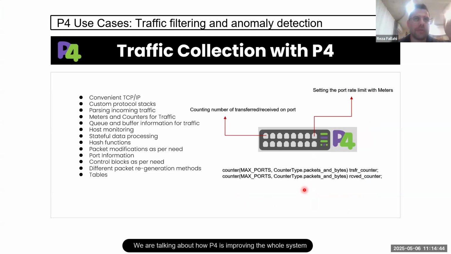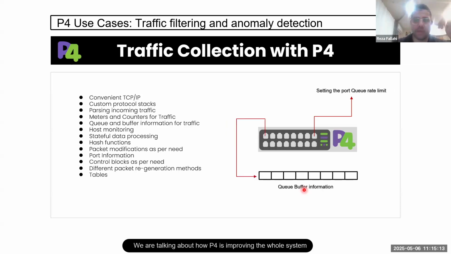These are useful, of course, as far as I know, for the BMV2 switches. I wasn't able to actually read them directly through the code, but even through the switch command line or the controller API, these are really great features when you want to gather information from the traffic. For example, number of packets per second, things like this. You can even rate limit the output of the switches in order to do some management things and things like this.